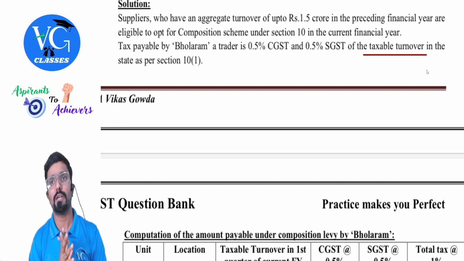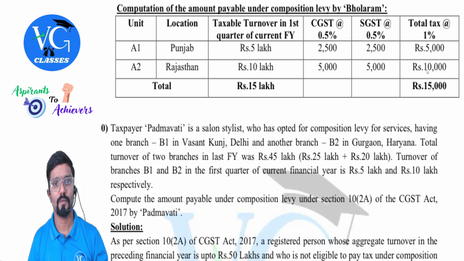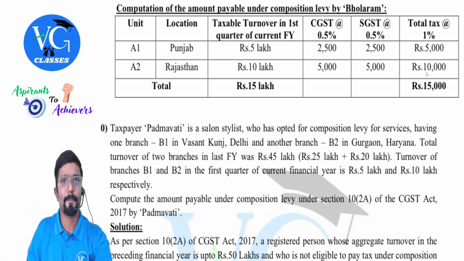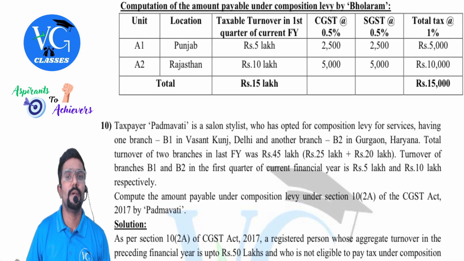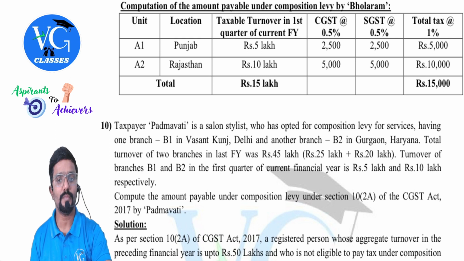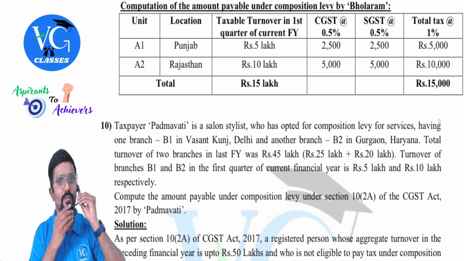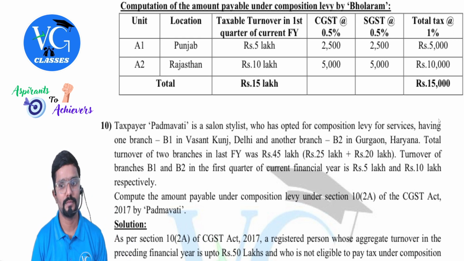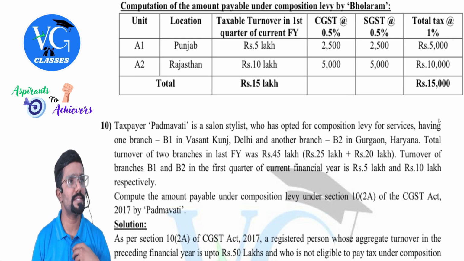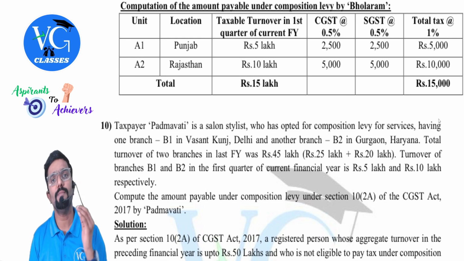Okay. Make a note. Take down. First explanation, then calculation. Take down what I dictate. Just below that only you take down. In the above case, if Bolaram is a manufacturer,